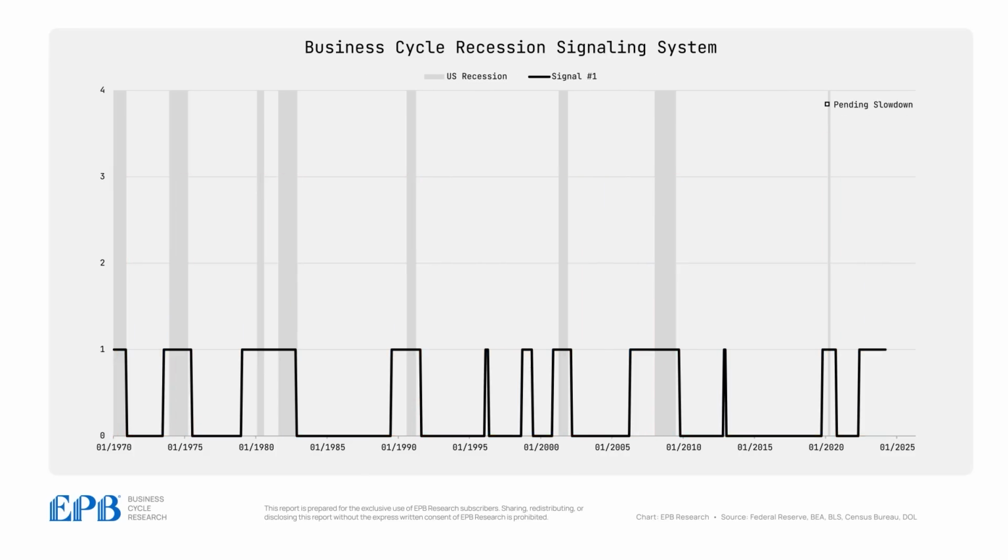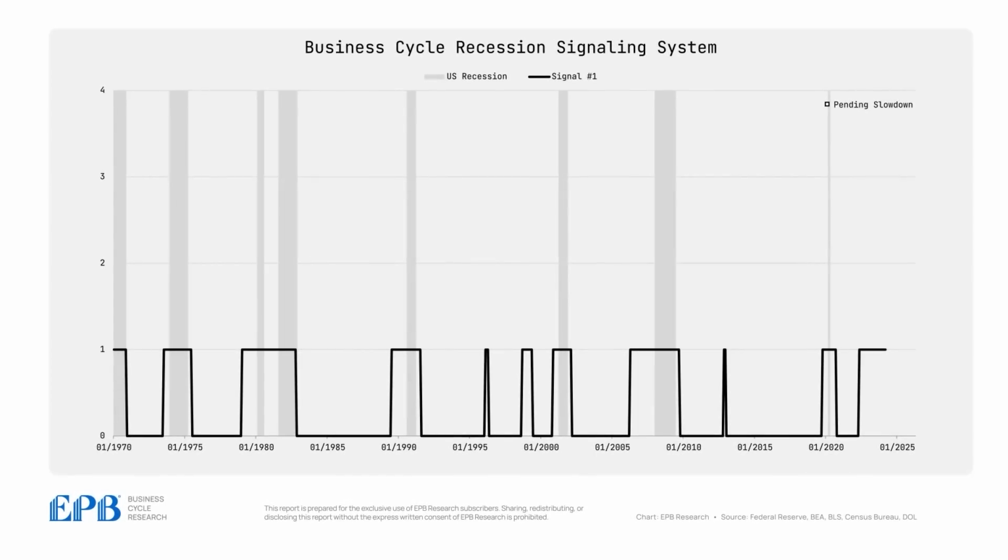The first signal, which we will call pending slowdown, defines a period when the economy is expected to grow below trend, or to spot a potential pocket of economic weakness. The first warning signal is triggered when the leading index falls below 2% growth and the cyclical index and aggregate index are both growing above 2%. This signal tells us that in the future, the economy will transition from growing above trend or above 2% to growing below trend or below 2%. This chart shows the periods when the pending slowdown signal was triggered.